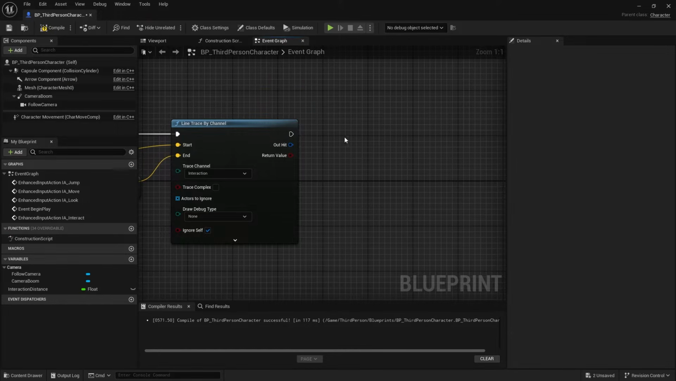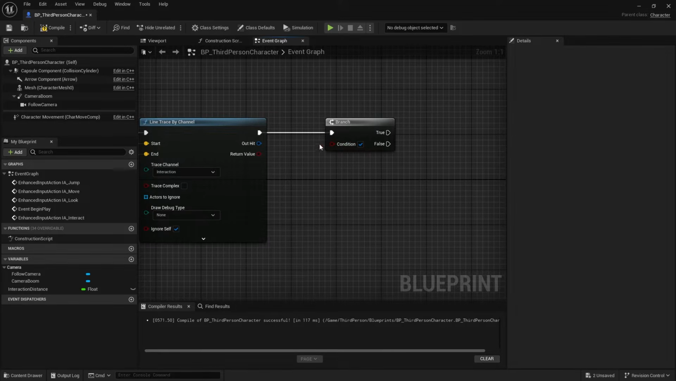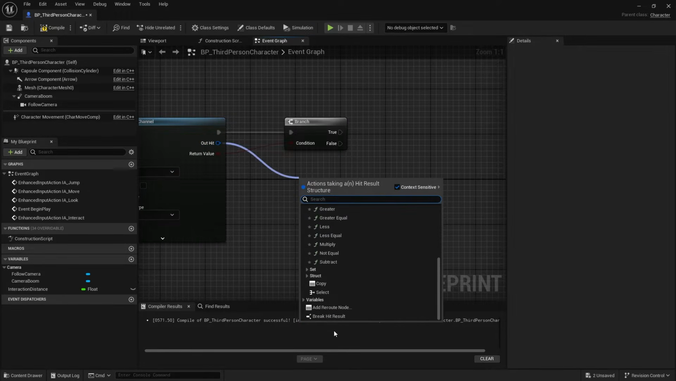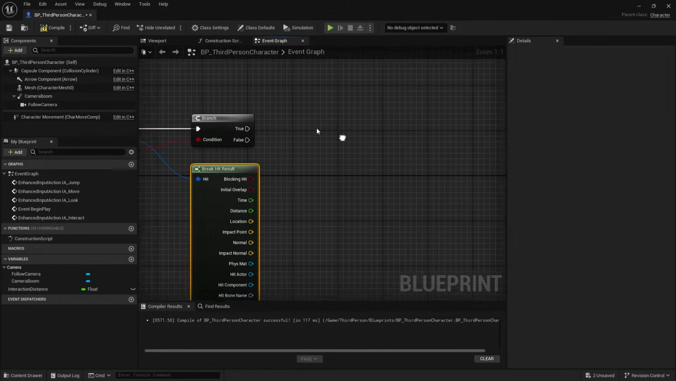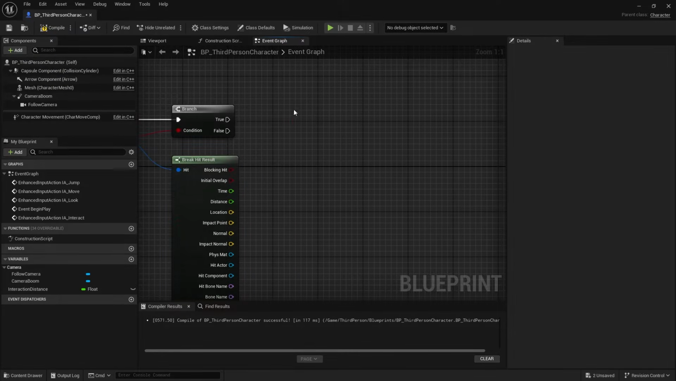Now on the return value over here, you can hold B and click. It will create a branch, plug there. And on the condition, you can drag to this return value. On the out hit, you can drag off, scroll down, break hit result. On the true over here, you can create another branch, hold B again, plug this into the true branch